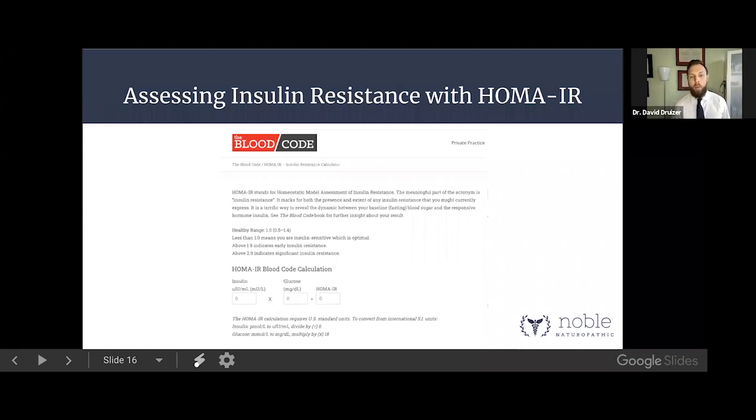So HOMA-IR, the homeostatic model of insulin resistance, is one of the easiest ways to assess if someone is sensitive to carbohydrate or not. And it's extremely motivating. Optimal is a score of less than 1.9, and good is a score of less than 2.9. When they go to the lab, they get a fasting insulin test and a fasting blood sugar test, and we just plug in the numbers and we get the score,